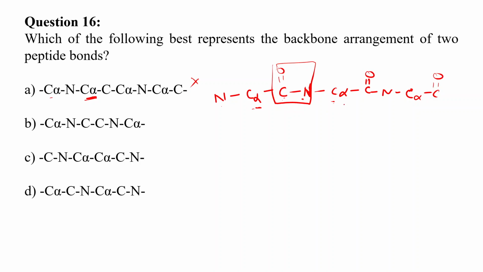We have a C alpha, then N. If we go backwards, then N, then again C, that is also fine, then again C. So, after C we will have again C alpha. It is going in a repetitive order, N C alpha C, then again N C alpha C. Okay. So, this is also wrong. If you see this, we have C N C alpha, this is fine, C N C alpha, then again C alpha. So, this is also not the right structure. The right structure is basically